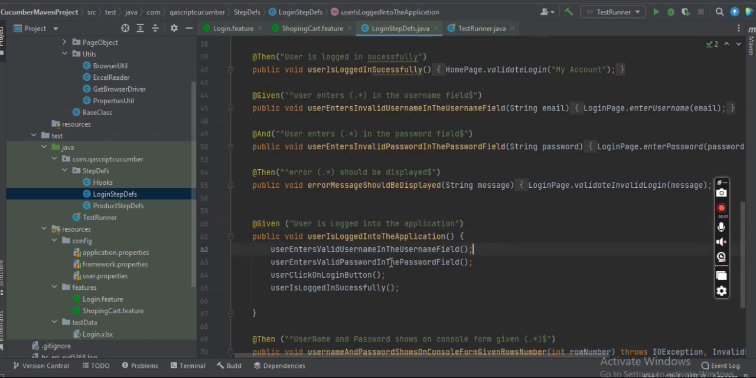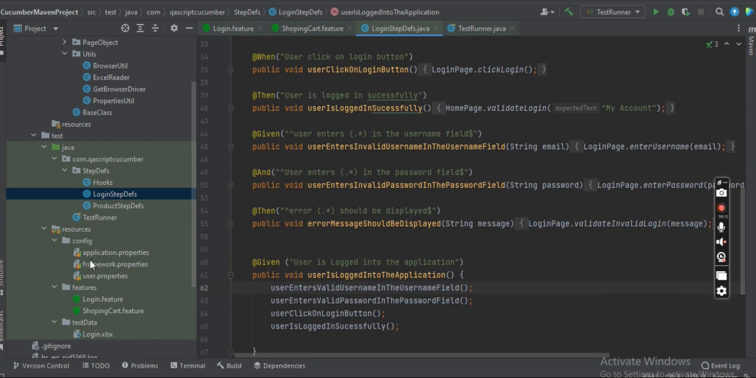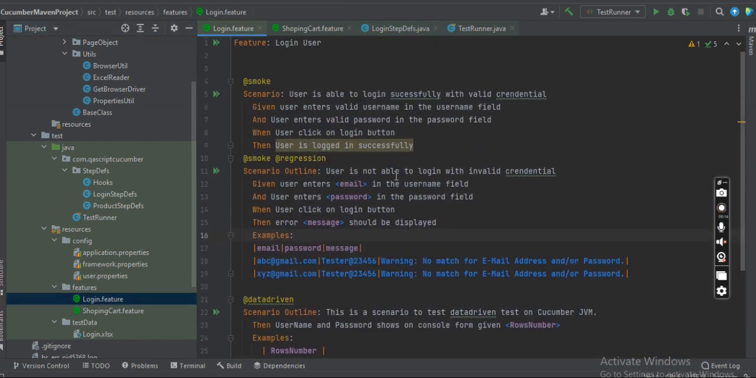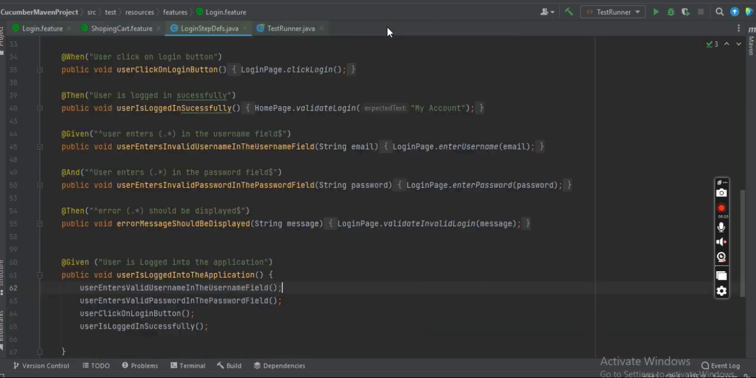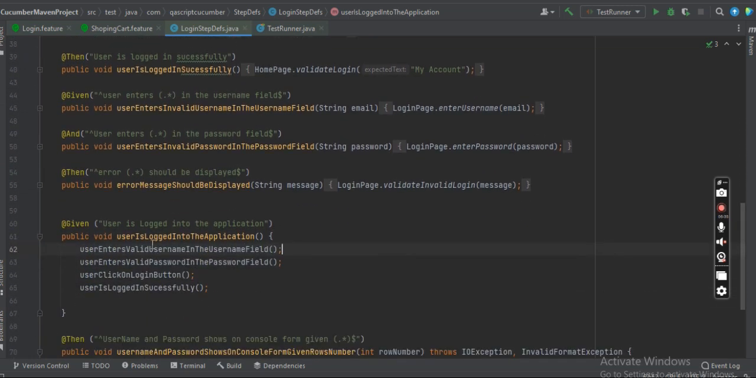It is a combination of multiple steps which we have written for the previous scenario, which is this one: user is able to log in successfully with valid credentials. So it is the package of that scenario, and it is the precondition for another scenario. So inside the login step def, I have executed all the methods which are related to